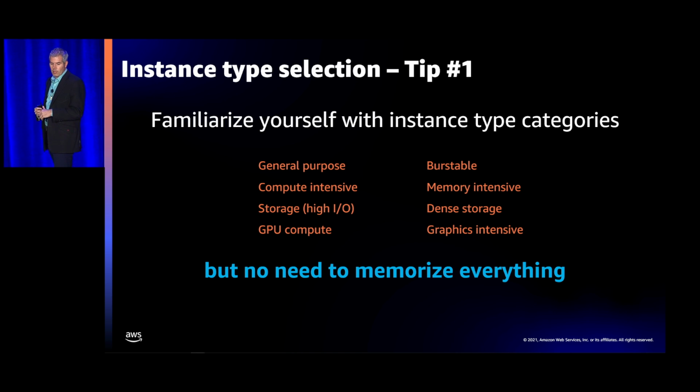Instances belonging to that family are ideally suited for batch processing workloads, media transcoding, high-performance web servers, and high-performance computing, HPC. In addition, scientific modeling, dedicated game servers and ad serving engines, along with some machine learning workloads, are used in the compute-intensive area. The memory instance types are designed to deliver fast performance for workloads. And finally, our accelerated instances use hardware accelerators or coprocessors to perform functions, such as floating point calculations, graphics processing, or data pattern matching more efficiently than is possible running just software on a CPU.